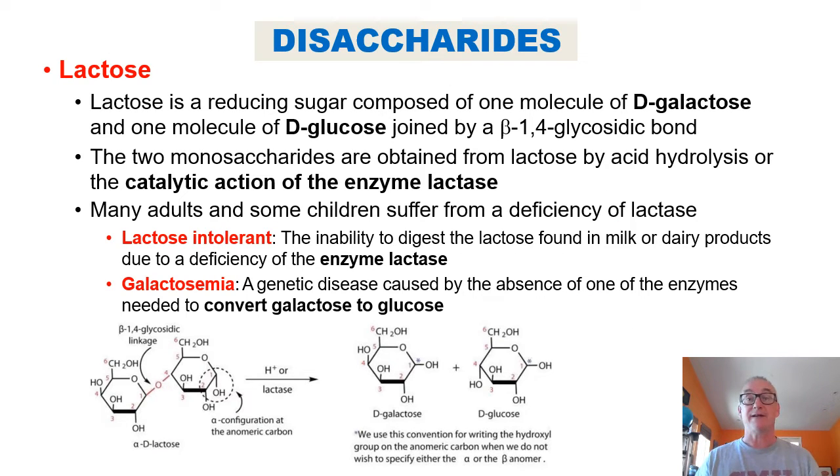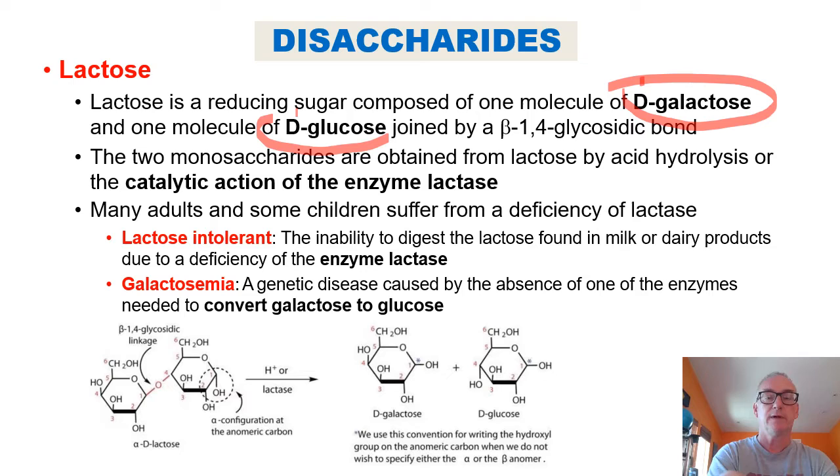Lactose, no doubt you've heard of lactose. Lactose is also known as the sugar in milk, or milk sugar. So it has one molecule of D-galactose and one molecule of D-glucose. And this time, however, it's a beta 1,4 glycosidic bond. What does that mean? Well, beta, let's look at the linkage. So you can see that the linkage is now cis to carbon 6. It's on the same side of the ring. And so we call that a beta